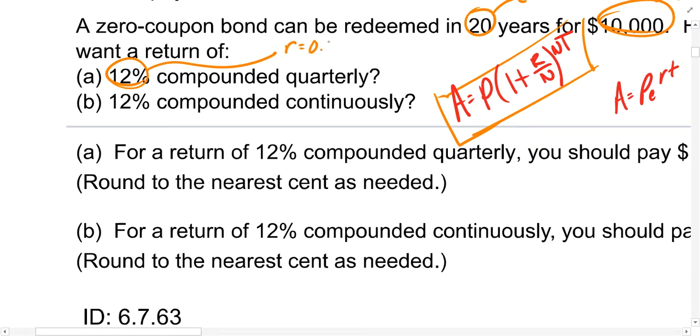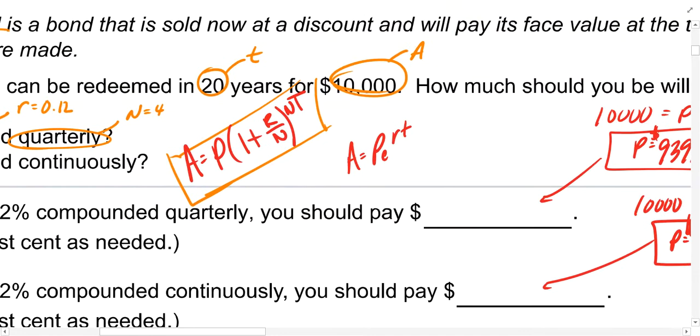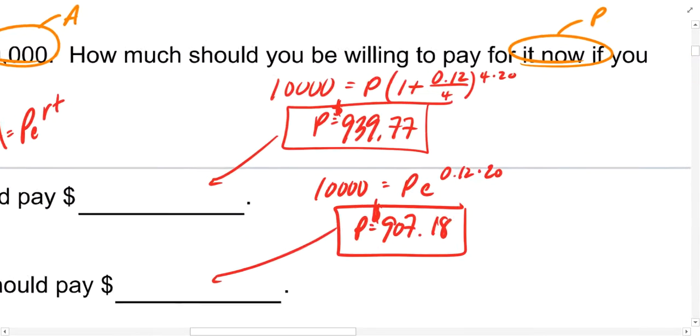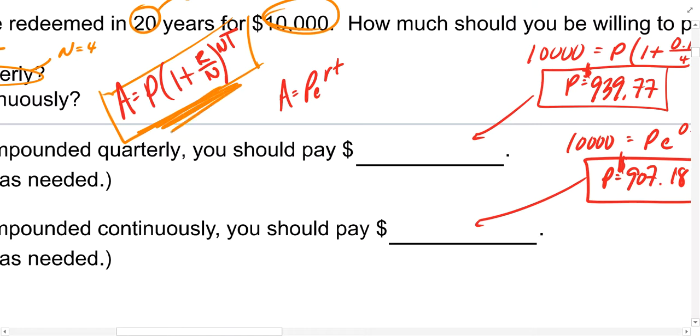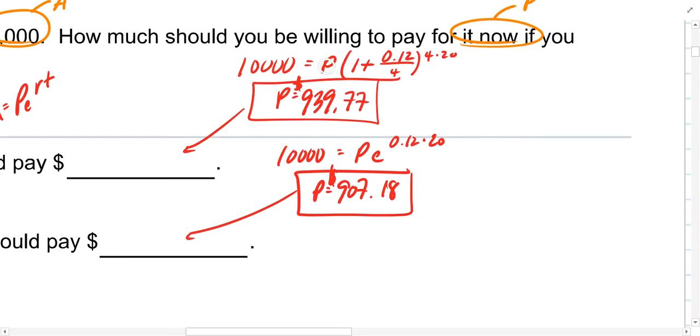but keep in mind that the interest rates are reported as a decimal. And we're compounding our interest quarterly, so n would be equal to 4. So r is the interest rate, and n is the number of times that we compound our interest per year, which is 4. We have a t and an A value. So when I substitute numbers into the supplied equation, our objective is to solve for p,